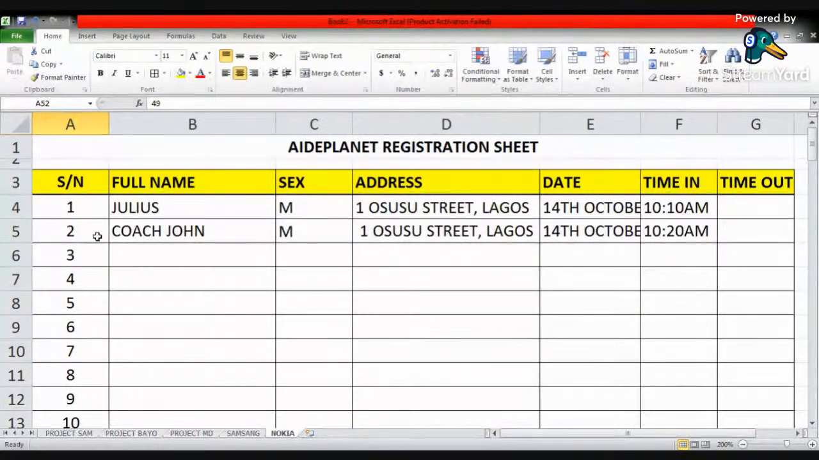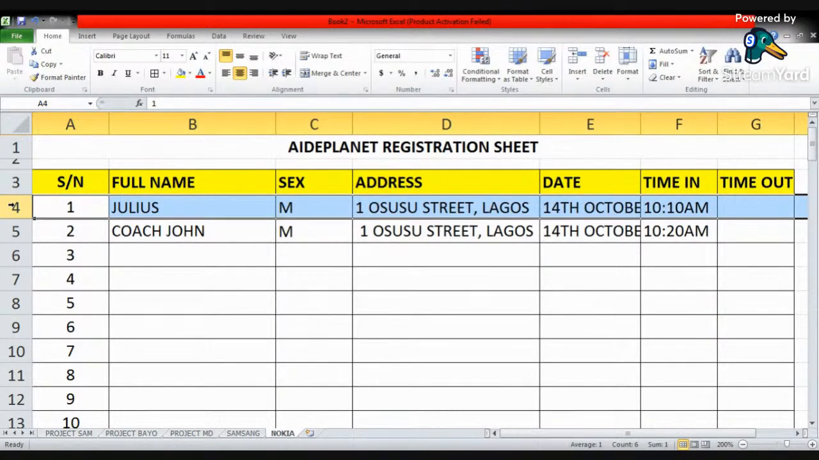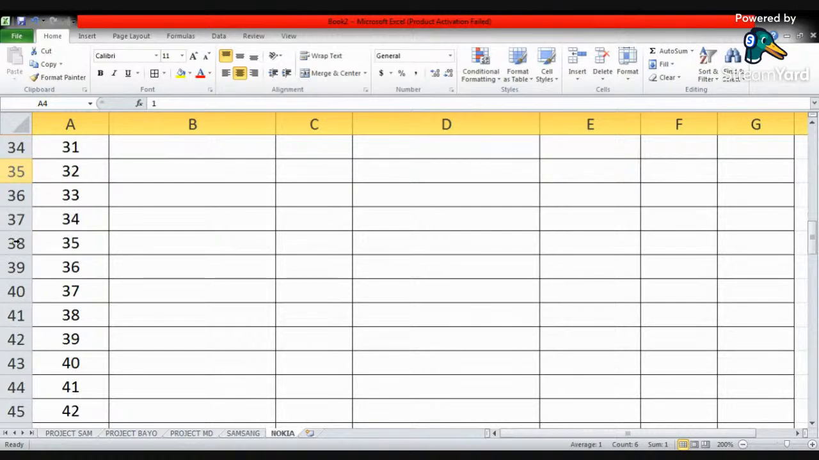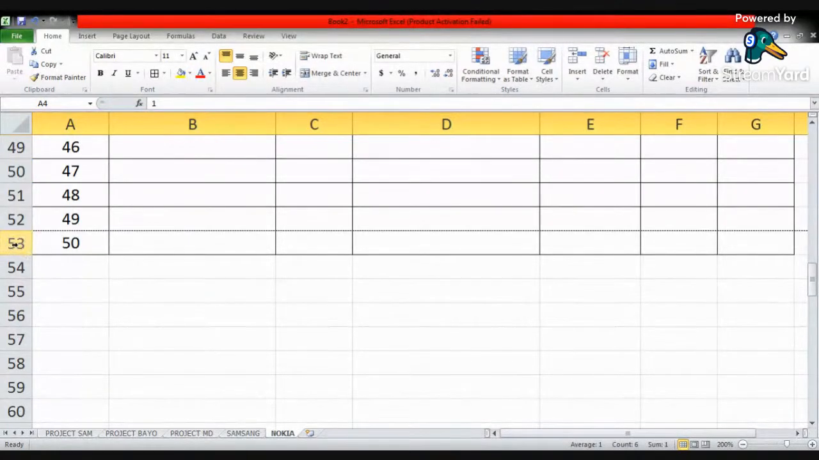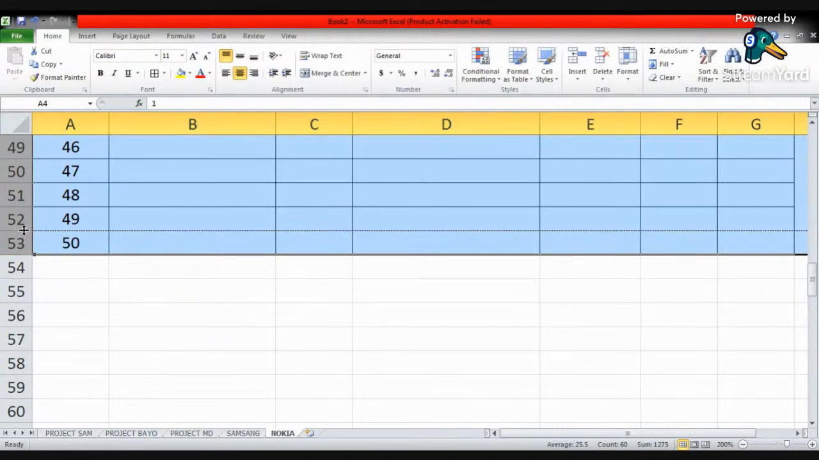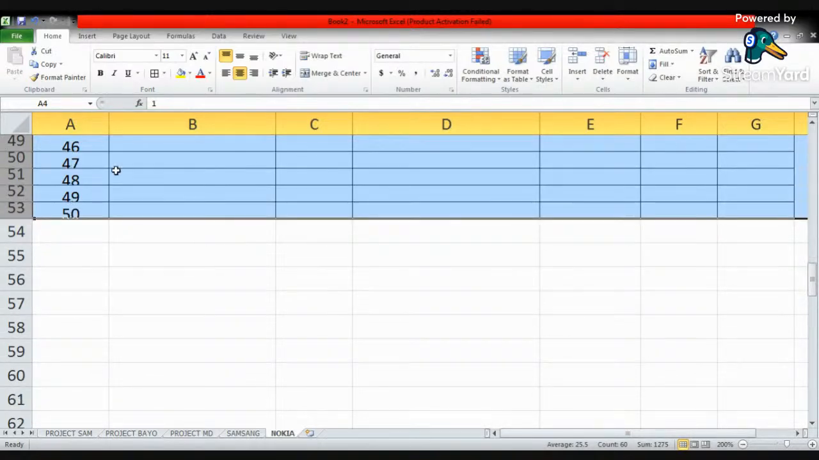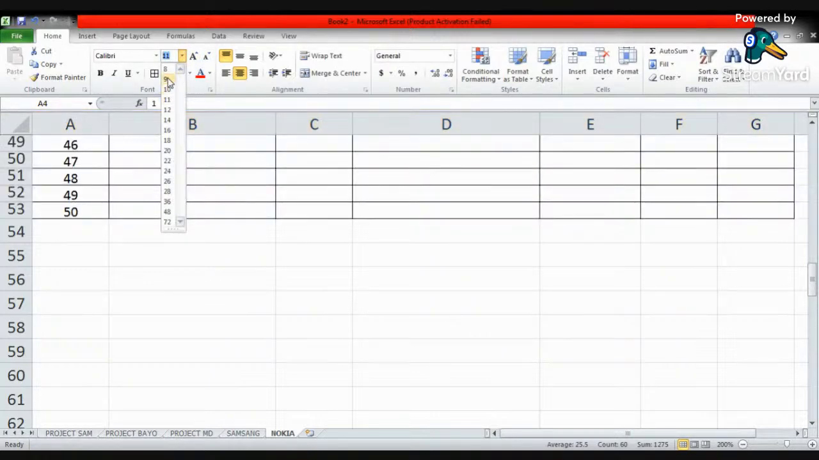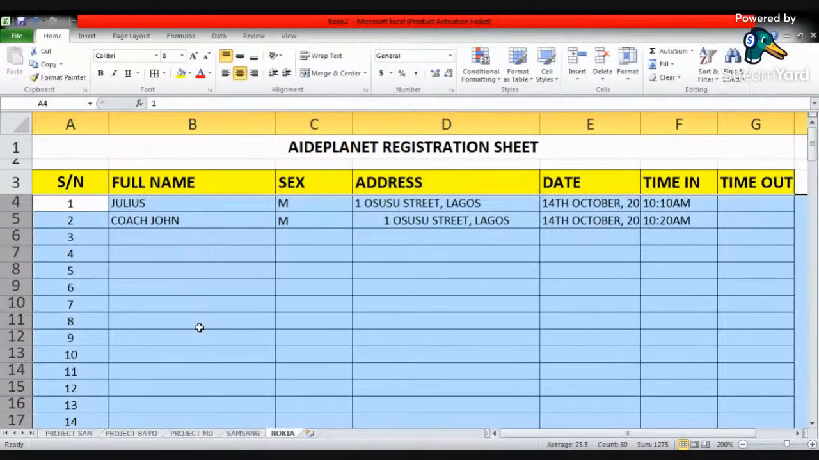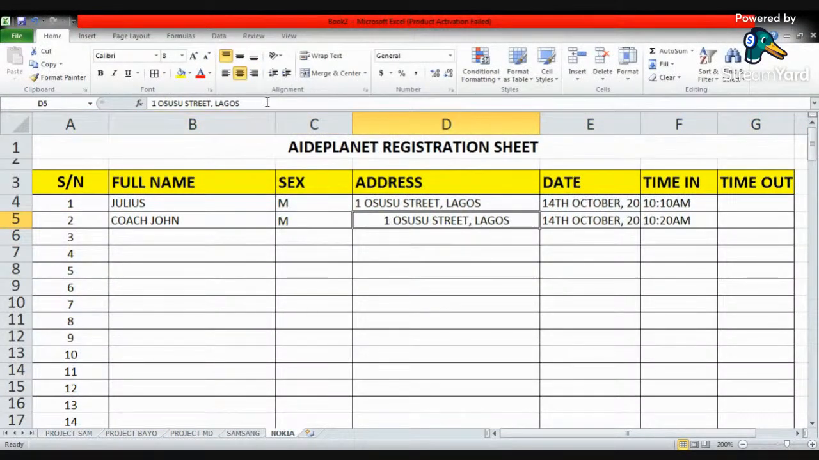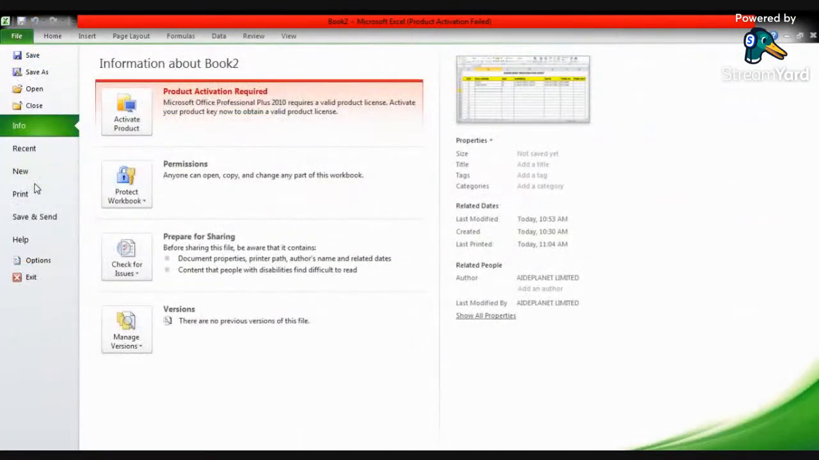So what can I do? I can select A4, hold your shift key on your keyboard down to 50, and come down to the cell frame line, and reduce the height. Come down to my text and give it 8. So I'm saying that whatever I type here should take a font size of 8. So when I go down to my print preview,